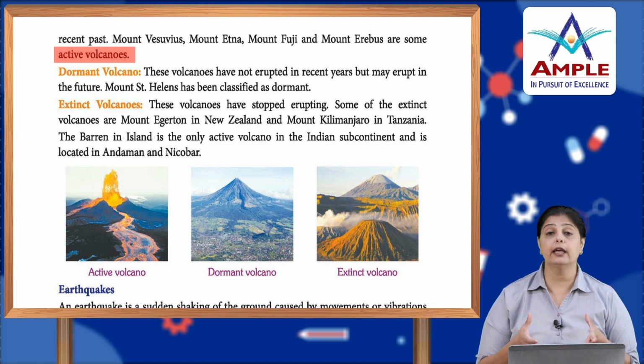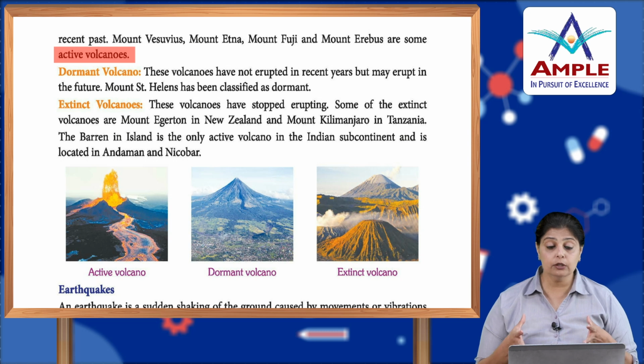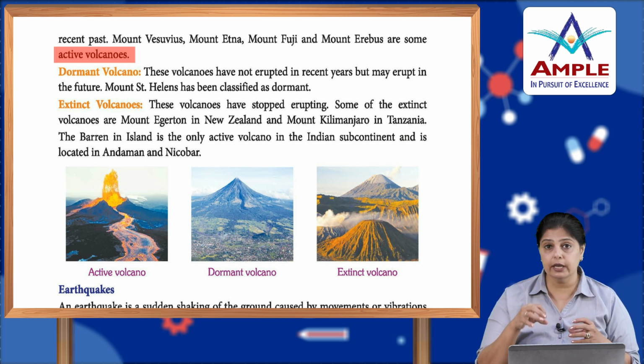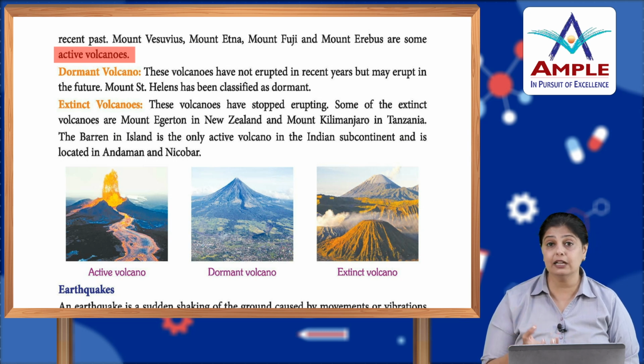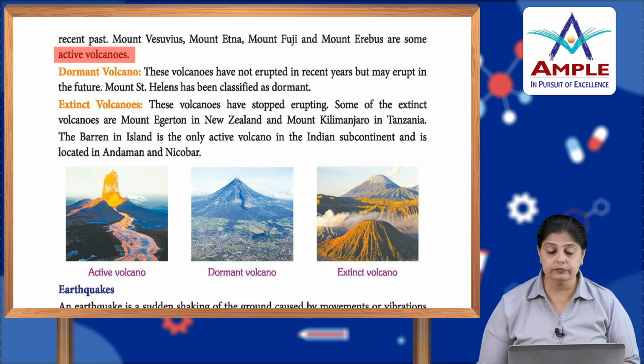Now, when they come out, like how smoke comes out of a chimney, in a similar manner in volcanoes, this magma bursts and comes out of the vent, which is the opening on top of the mountain. There's a vent through which this molten magma comes out. This hot molten rock is known as lava.